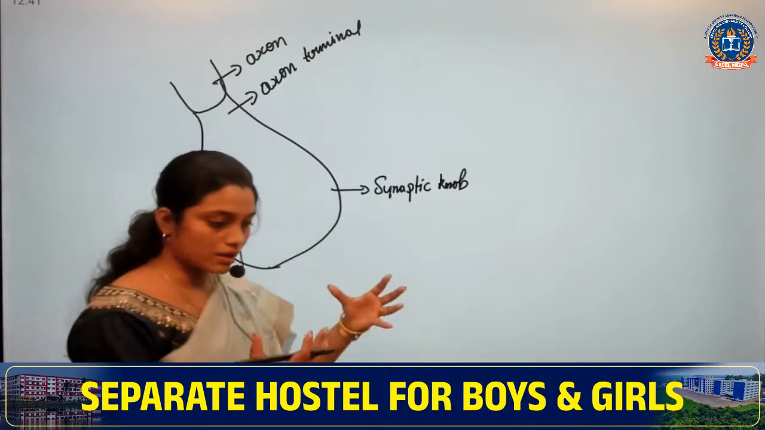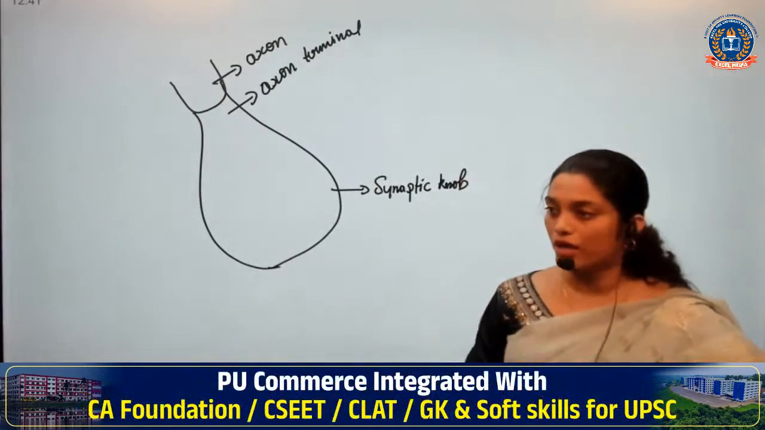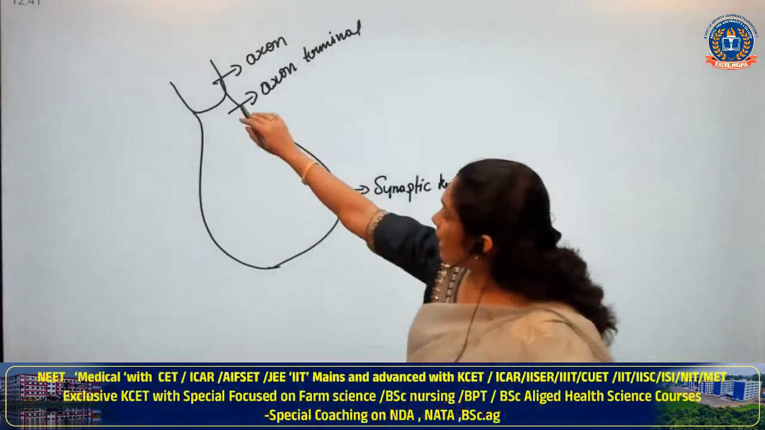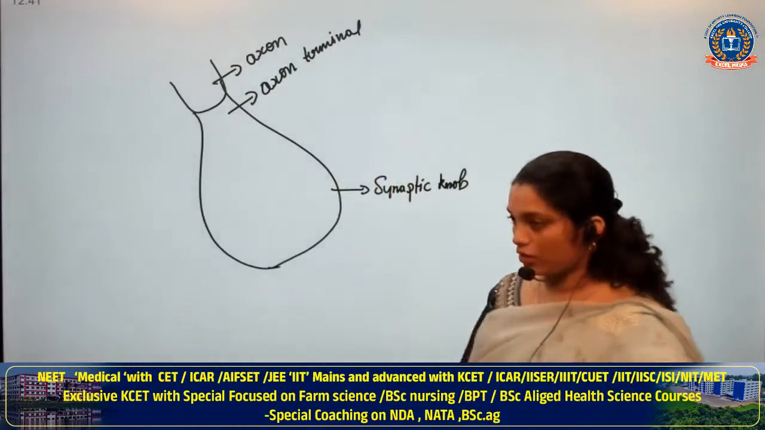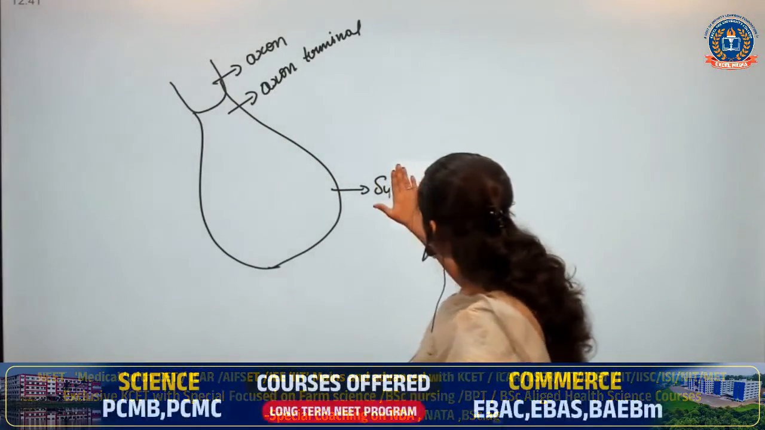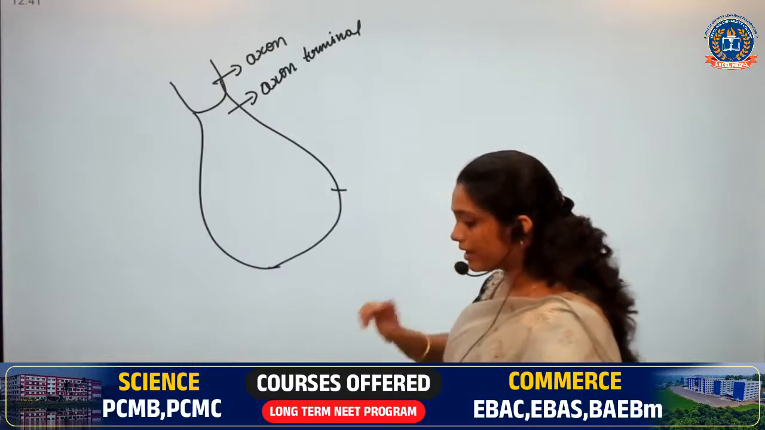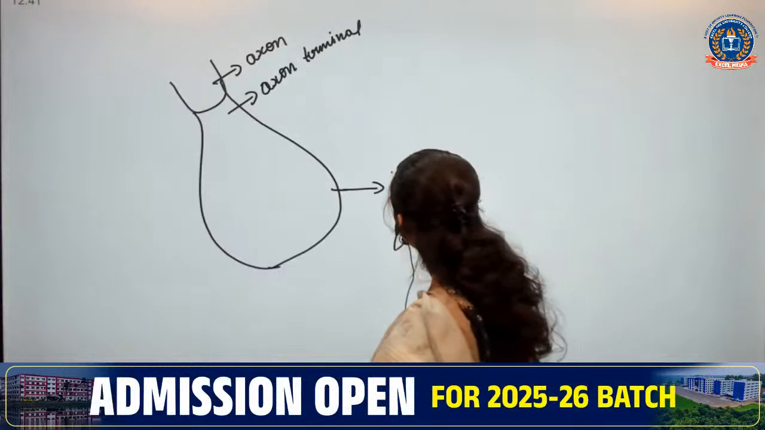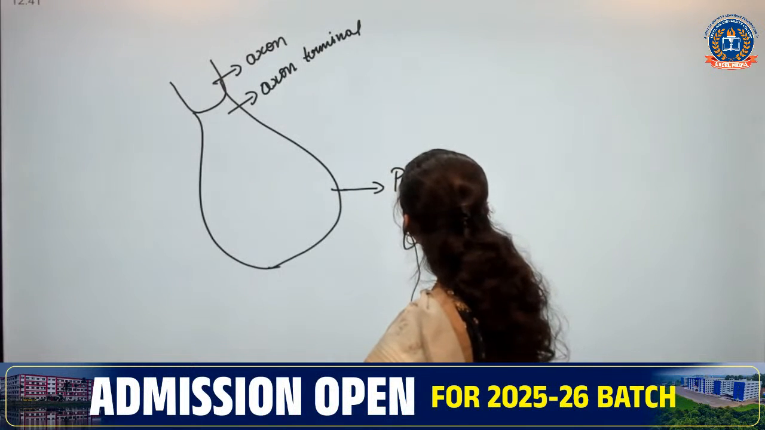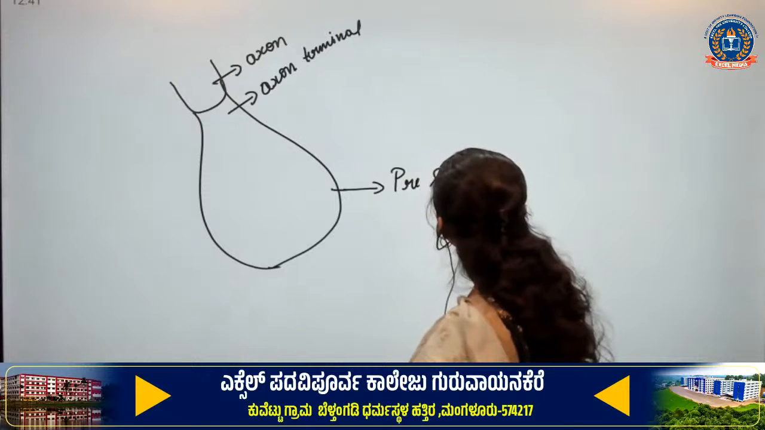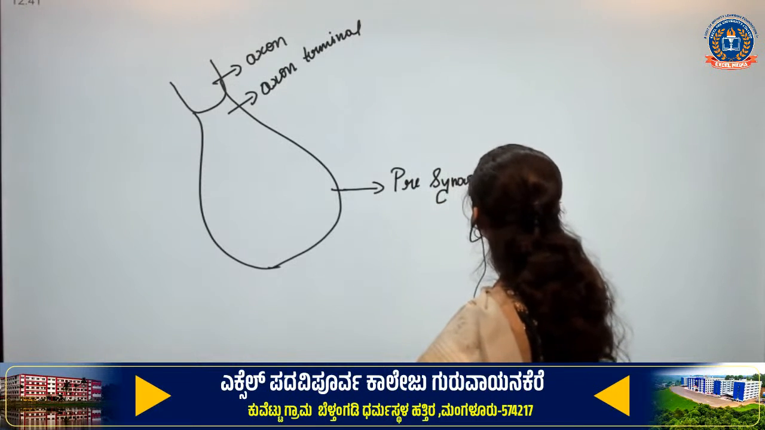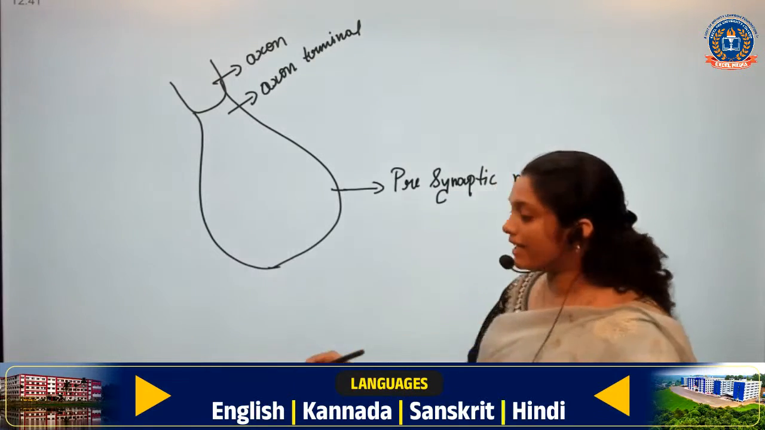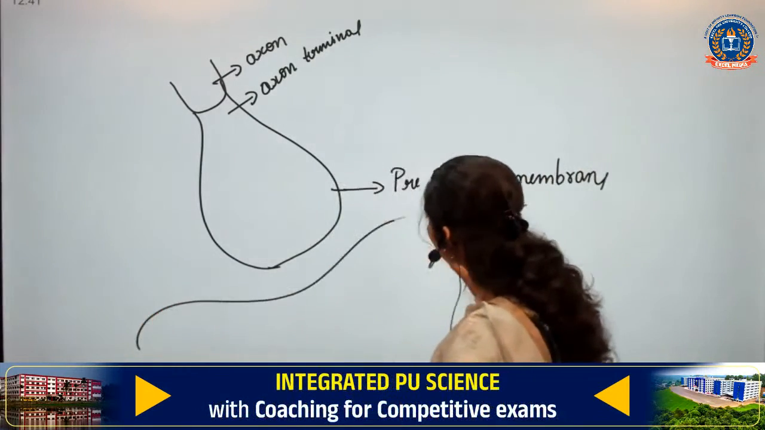Previously we used to draw the entire neuron, now I am drawing only the terminal part. Axon ending, axon terminal region, synaptic knob. Now, this region we can clearly say as the presynaptic membrane. This region is called the presynaptic membrane, okay, and it can be another cell which is over here,